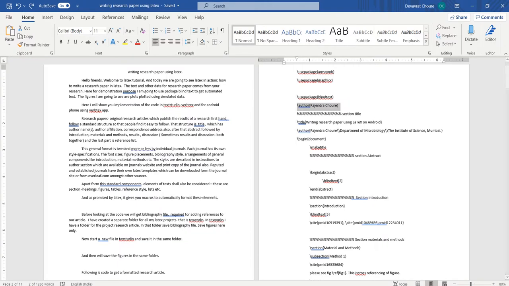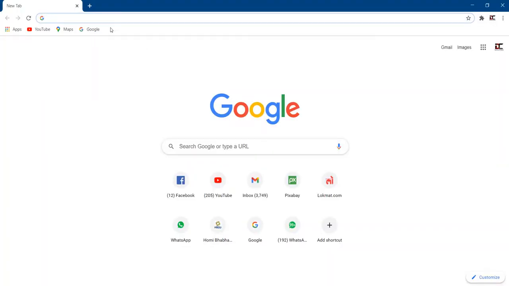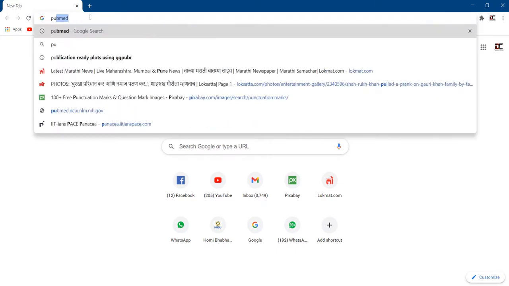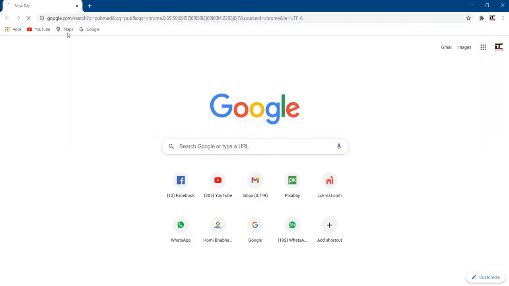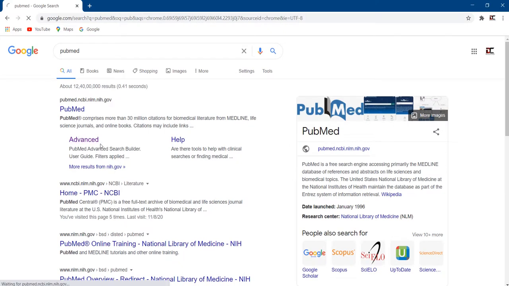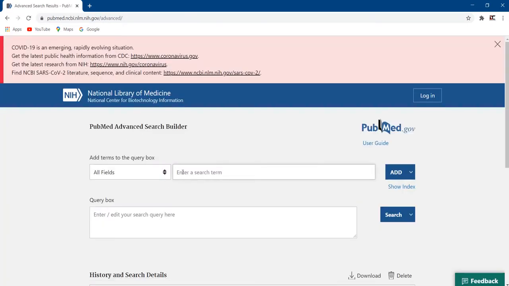Before going to the code for the research article, we'll get the bibliography necessary. To get the bibliography, go to PubMed Central, PubMed, select the advanced. In advanced, create a query.